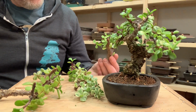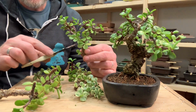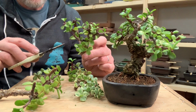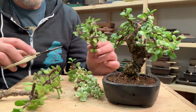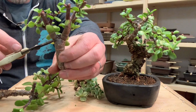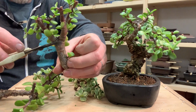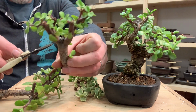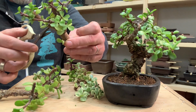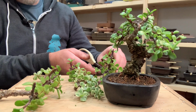But the key thing that I like to do when I'm working with them is to kind of do an editing process where you look at the lines that are in it, and instead of just rooting the whole thing and coming back to it later, I like to kind of set it on its way. So here we have one that has a really big strong fork, and I was not happy with this on the tree that it was on, partly because there's sort of reverse taper here from these two strong shoots. So I'm going to cut off one of the shoots and keep the other one for purposes of making a cutting, which might mean that I actually end up making two trees out of this offcut